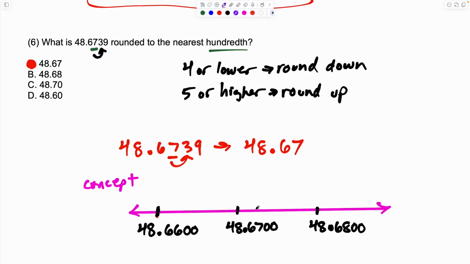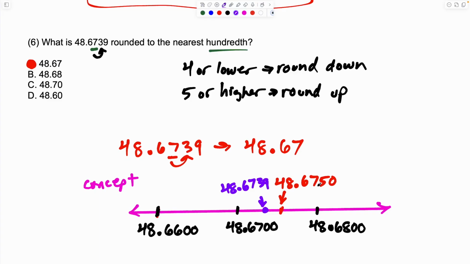So when I think of the number they gave us, 48.6739, 6739 would put us somewhere in this neighborhood. If I went exactly to the halfway point between these two numbers, this would be 48.6750. Okay, and maybe I'll just write it above so it really stands out. So we would have over here, this would be 48 point, we'd have 67 and then 50. Okay, so this is where we would be. So in this question here, when we're talking about the number 48.6739, let me just move this over,